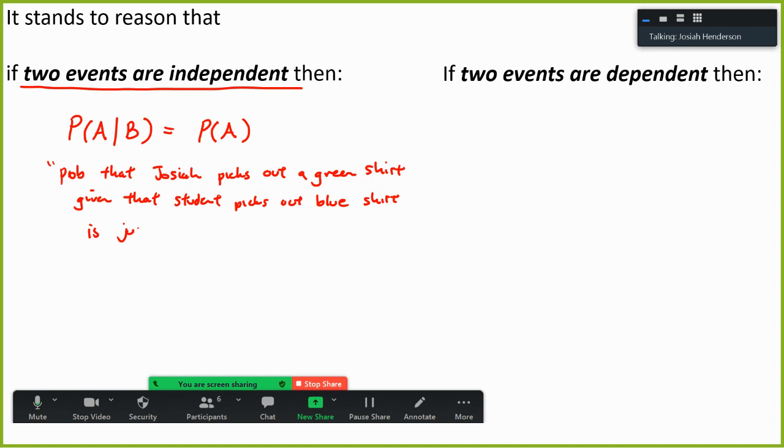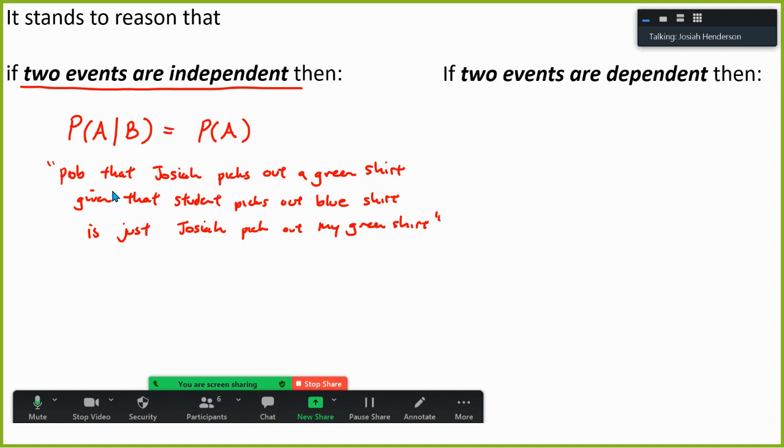So it's just the probability that I pick out my green shirt. Kind of wordy, but for that example, I wanted you to think about, in that scenario, if we're talking all